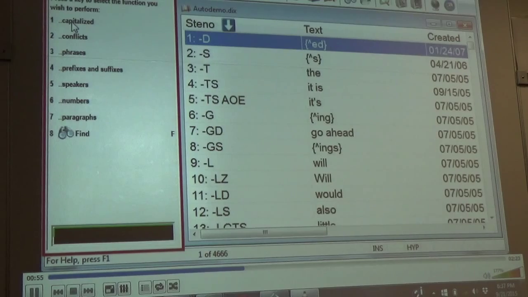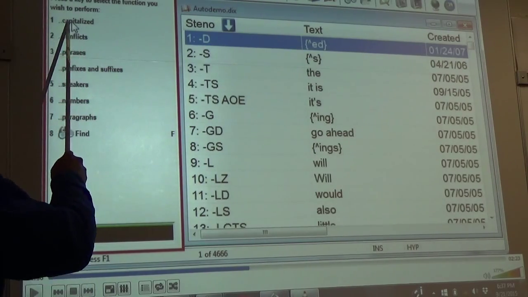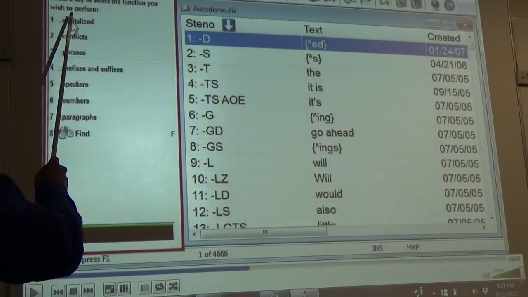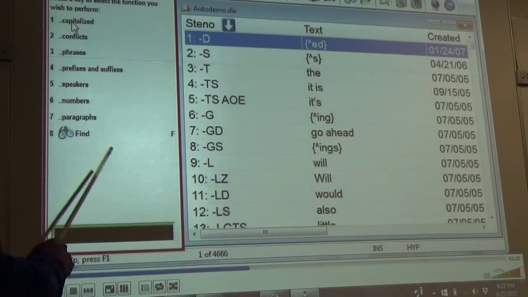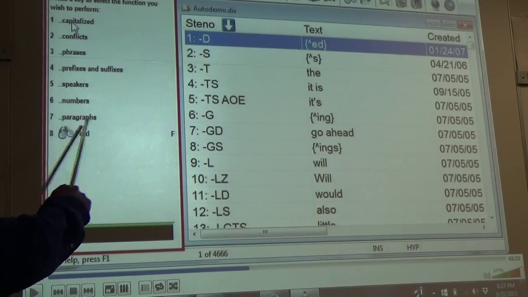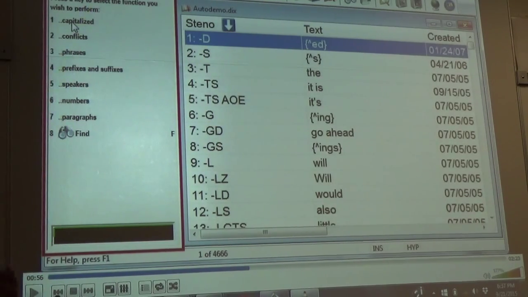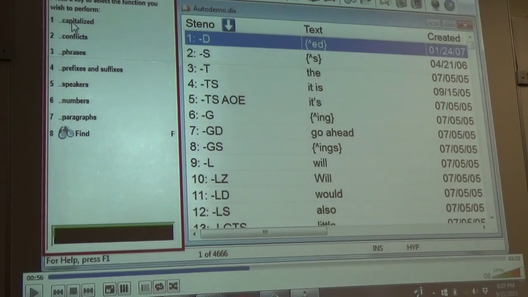Pressing 1 here would filter the display to show just... See, and you can go in and do a lot of things in your dictionary. You can go in and modify a lot of things. So you go in and say you want to modify. Now it gives you another list of stuff, say you just want to modify words that are capitalized. It'll give you every word in your dictionary that's capitalized. Or if you just want to do numbers, anything that has to do with numbers, dates, highways, times, any of that stuff, and so you don't have to scroll through your whole dictionary trying